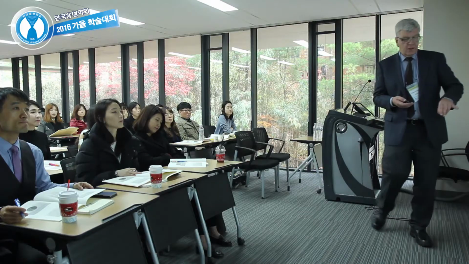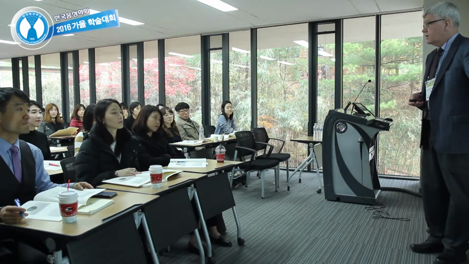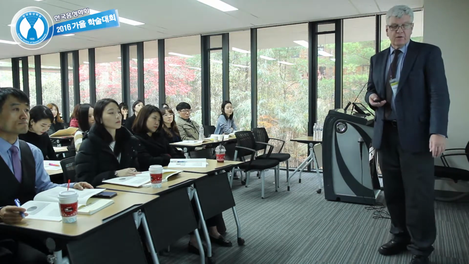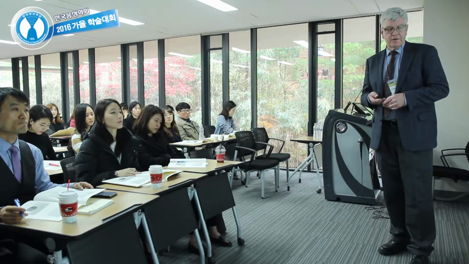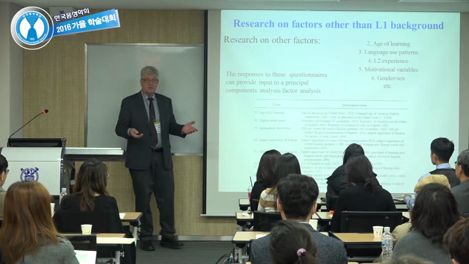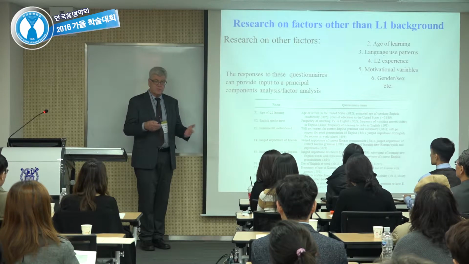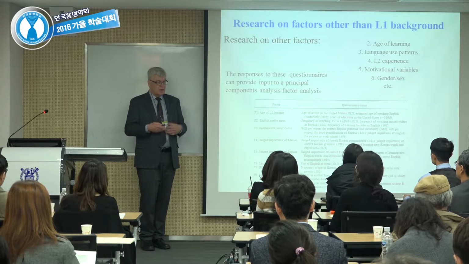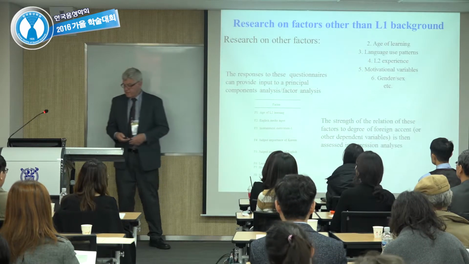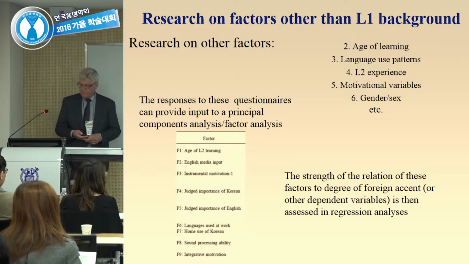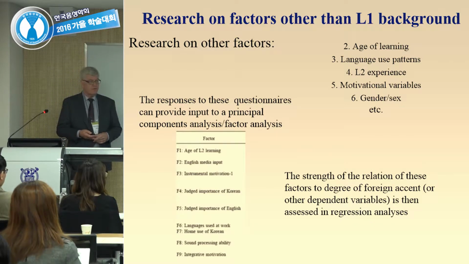Then we have a question, these are native speakers of Korean. We want to know what's the judged importance of correct Korean pronunciation? And we also ask for judged importance of correct Korean grammar. And we call that judged importance of Korean in general. So you can derive these factors because we're basically asking the same questions. This is what you like to do in questionnaires to make them more valid in a sense. Okay? So the strength of the relation of these factors to degree of foreign accent is then assessed in regression